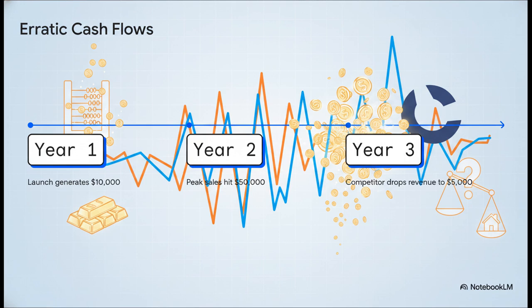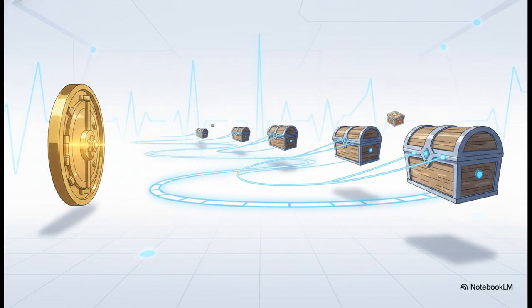When project revenues are erratic like this, we absolutely cannot rely on simple, clean annuity formulas. You just can't treat this like a predictable monthly mortgage payment. Instead, we have to treat every single cash flow as its own isolated event. We calculate present value by taking each individual cash flow, discounting it backward by our required rate over that specific time period, and then summing them all up. This is literally the bedrock of discounted cash flow analysis. Yes, it's labor-intensive, but it is the absolute only accurate way to value the erratic heartbeat of a real business.